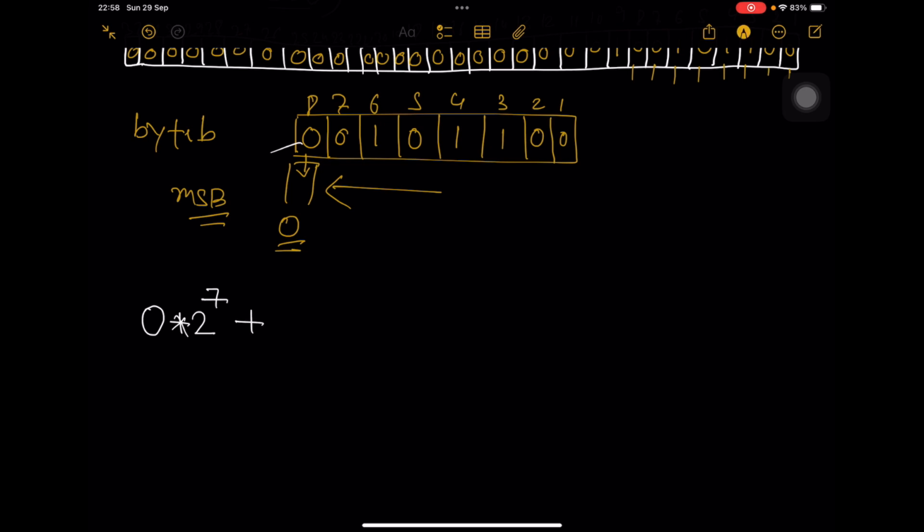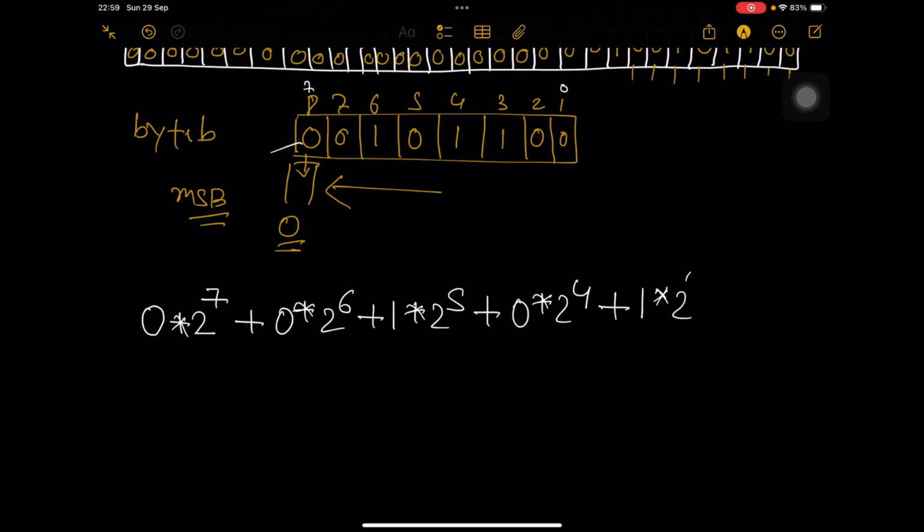Why 7? I have written 1 to 8 here, but basically it is 0 to 7. Plus 0 into 2 power of 6, plus 1 into 2 power of 5, plus 0 into 2 power of 4,